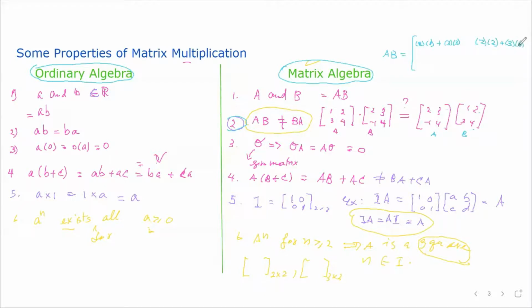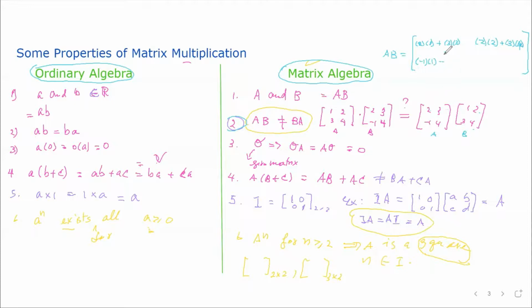This is 4, okay. Then close. Now we use the next second row times the first column. -1, 4 times with the 1, 3 here. So it becomes -1 times 1. So this one is going to be -1 times 1